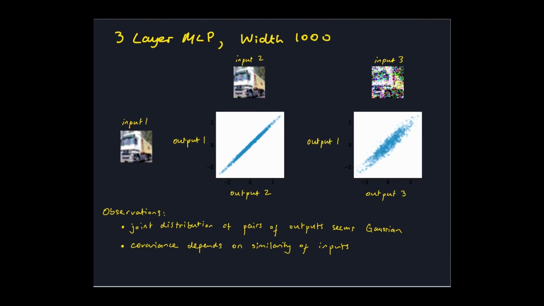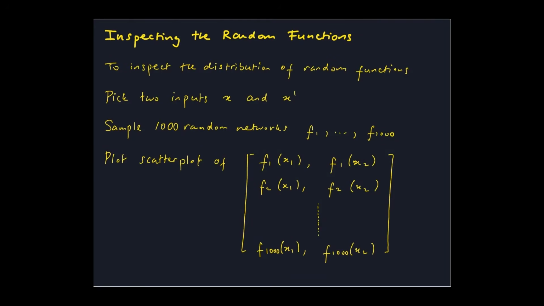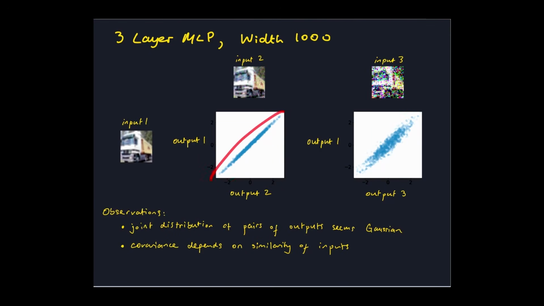And the interesting thing is that input 2 is actually just input 1. It's the same truck, but with a little bit of jitter in the pixels. I just added a little bit of noise to the pixels. And then input 3 is the same truck, but I added a lot more noise to the pixels, just to show the difference. And then for my 1,000 random networks, this is what the network outputs look like for